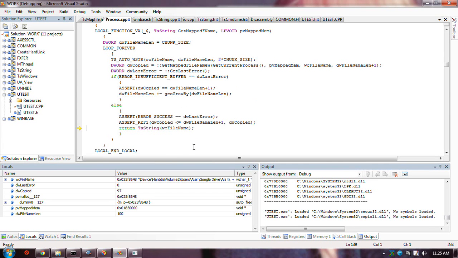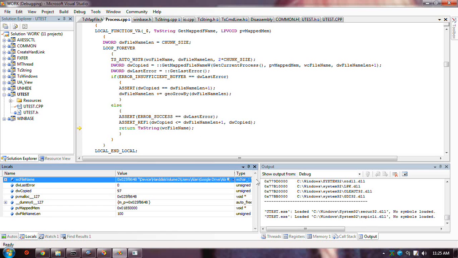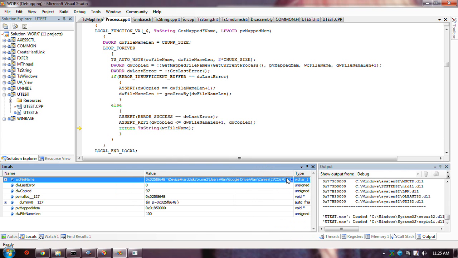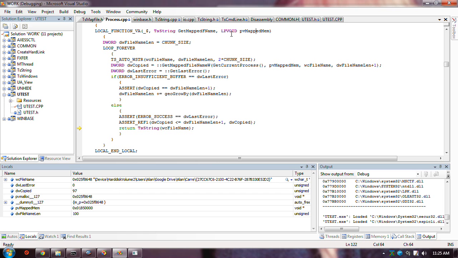All we were passed was a handle, and this has turned that handle into this path. None of these characters were passed in. All that was passed in was, in this case, a pointer to some mapped memory, and what the function GetMappedFileName returns is the name of the file that is mapped to that particular logical address in memory.